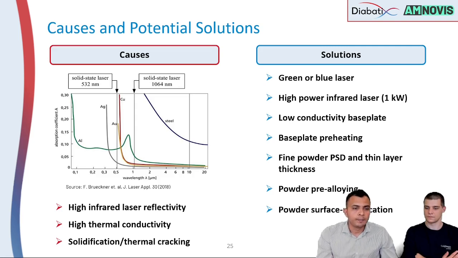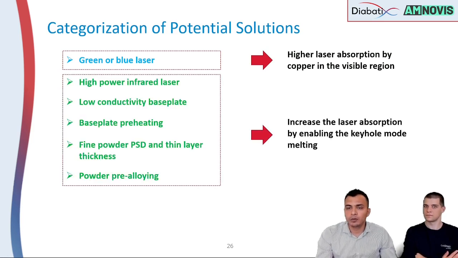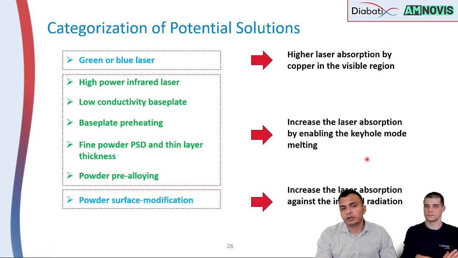and form a part. So in the next slide, I have done categorization of these potential solutions, the first being green and blue laser. The basic idea here is copper absorbs visible light, so that's how your absorption is increased. The next is some approaches which are coupled with infrared laser. Here we are basically using keyhole mode melting in order to fabricate the part, while the third one was related to powder surface modification, and here the idea was that we increase the optical absorption but we don't change